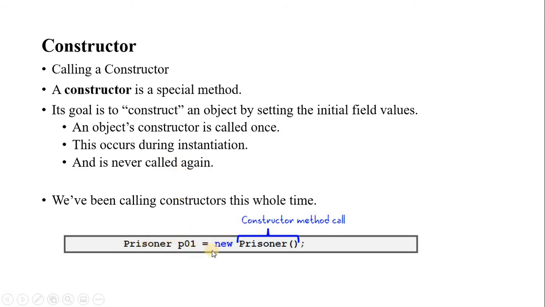For example, we have a Prisoner class here, we have an object P01, and with new we are creating an object for the class. This is a constructor here. Okay, it has no argument. This is the default constructor, the no-argument constructor. It looks like a method. If there is an argument here, we are also going to pass it here. Once the object is created, the constructor is automatically called with whatever is given here, and it is going to initialize the value.